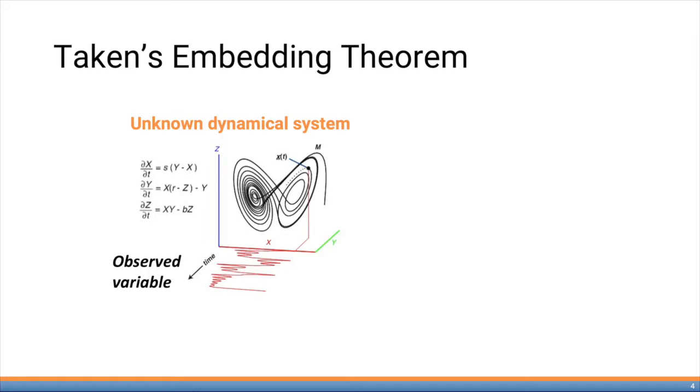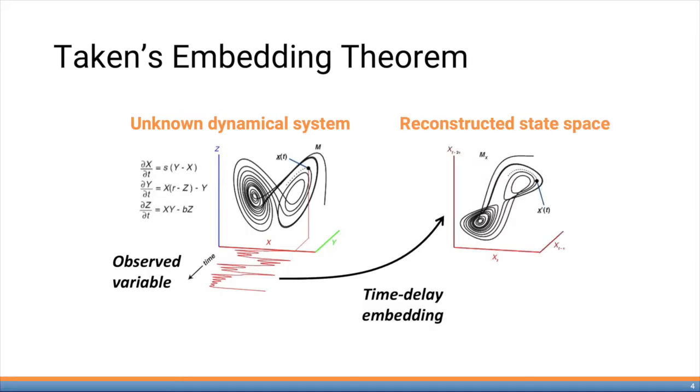Takens proved that if we take the time series of x and perform what is called a time delay embedding on it, where we plot each observation of x at time t relative to its position at t minus tau, at t minus 2 tau, and so on and so forth, that time delay embedding will reproduce, up to diffeomorphism, the original unobserved state space. By up to diffeomorphism, I mean it may stretch, translate, or twist, but it cannot be cut or glued.